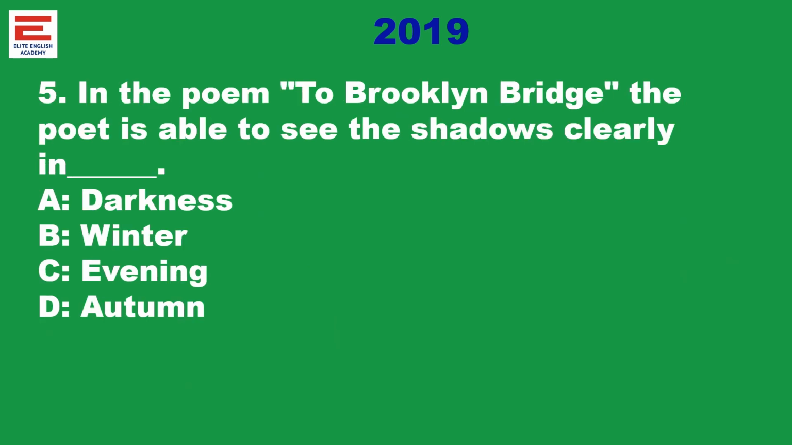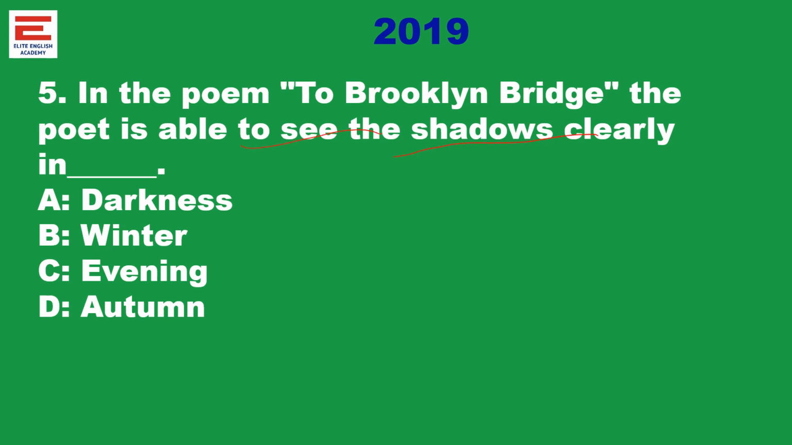Question number 5. In the poem To Brooklyn Bridge, the poet is able to see the shadows clearly in. Actually, if you go through the textual lines, this is one of the easiest answers. Here the poet is talking about her experiences. Look at the way the question is framed in the poem To Brooklyn Bridge. The poet is able to see